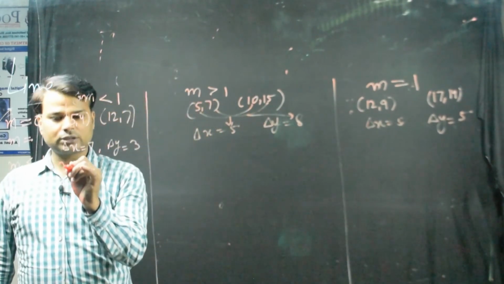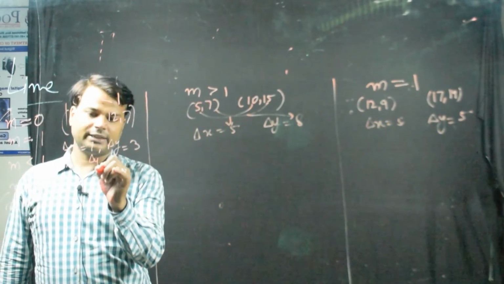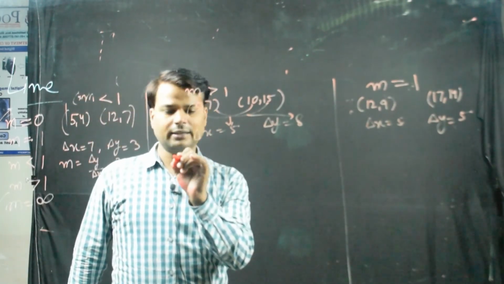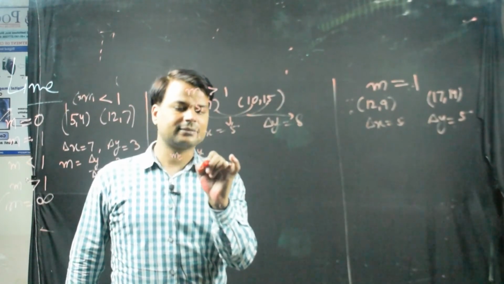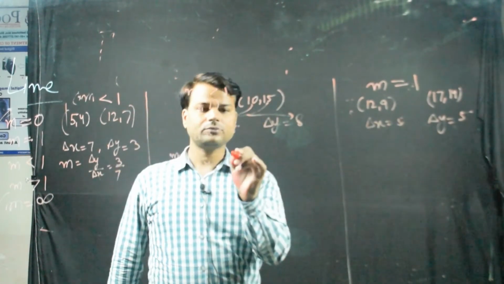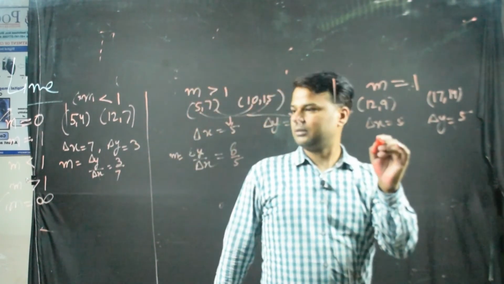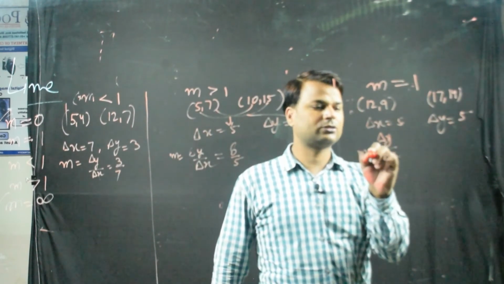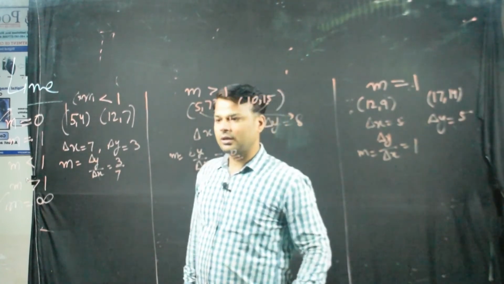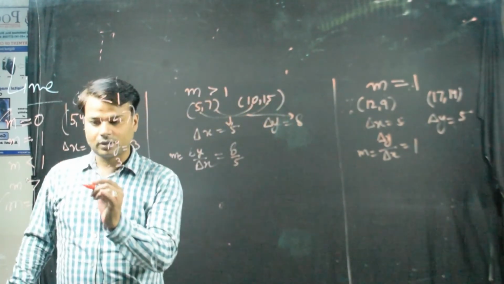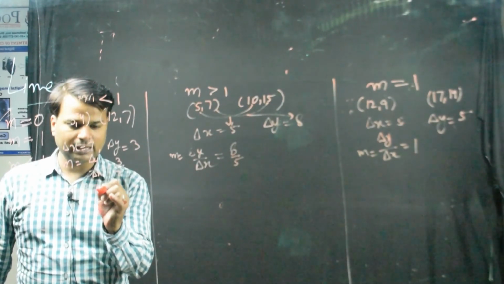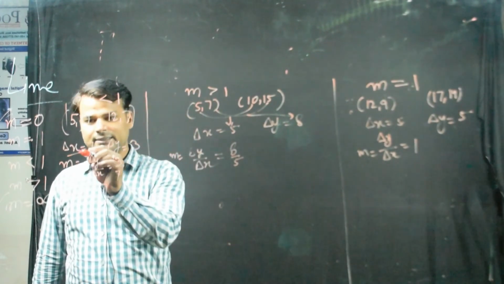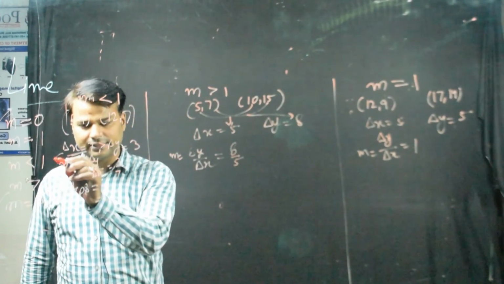Now, if we check the slope, m is equal to delta y upon delta x is equal to 3 by 7, then m is equal to 8 by 5, then m is equal to 1. Right. So now the steps to be moved are 7. The one which has more steps to move will be taken. Like delta x is having more steps than delta y. So that is why we are taking steps to move as